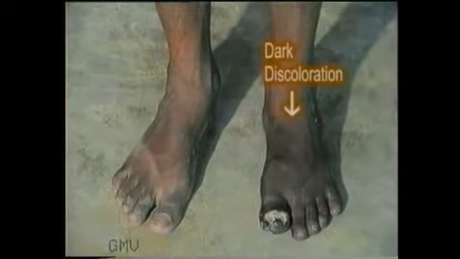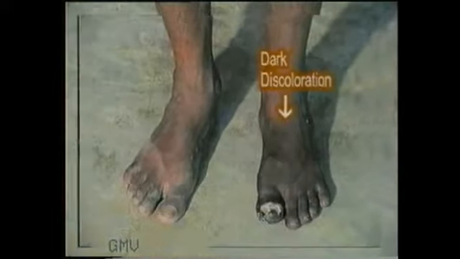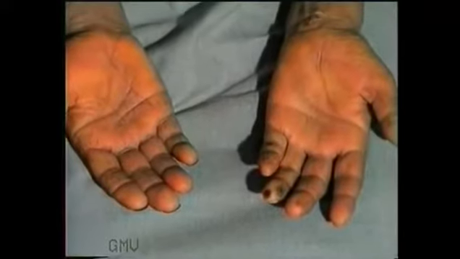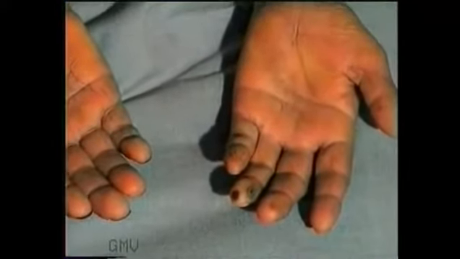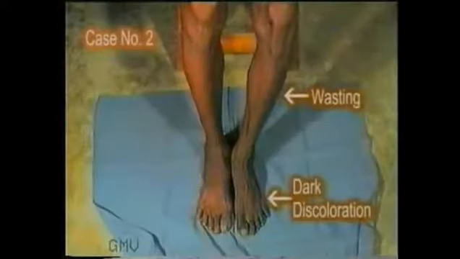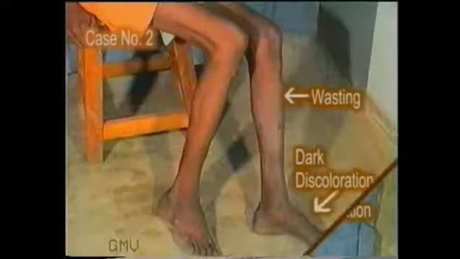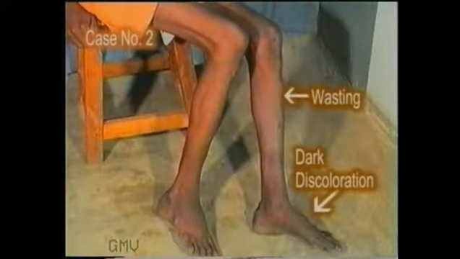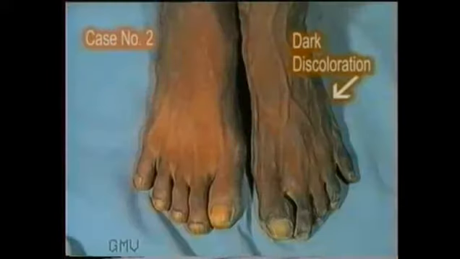As the blood supply becomes critically less, the distal parts of the fingers and toes become darker in color, and the tips of the fingers or toes may show ischemic or trophic ulcers. Once again, note the ischemic leg on the left side, which is darker than the normal right leg and has a wasted, shriveled up appearance.